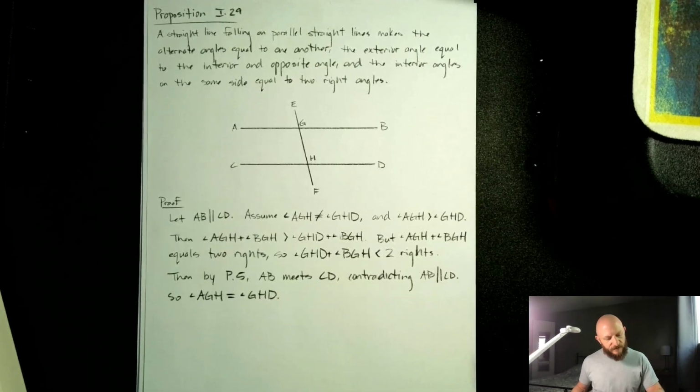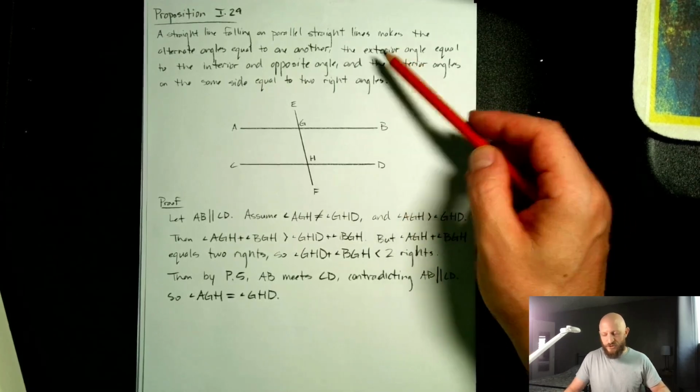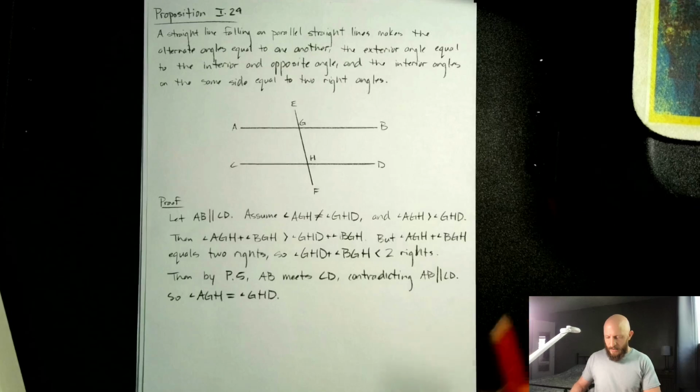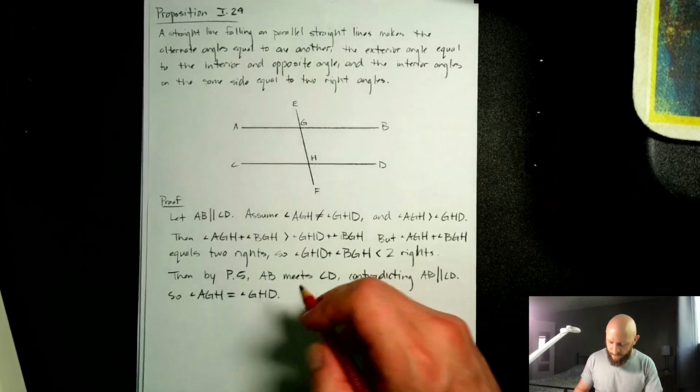So what does he say? He says, therefore, the angle AGH is not unequal to GHD, so they're equal. And then the other two conclusions here, we can prove directly, I believe. Yeah, it's not a contradiction. So that's the first part. Next part,